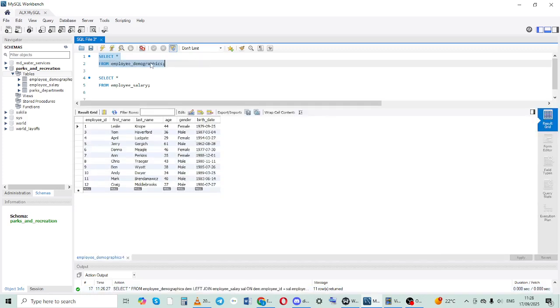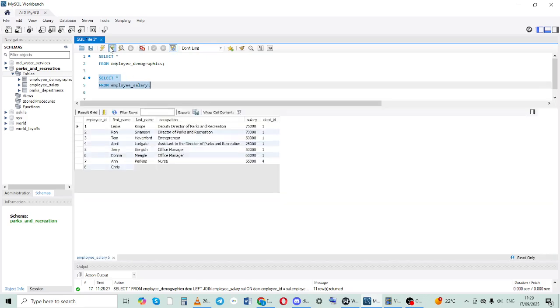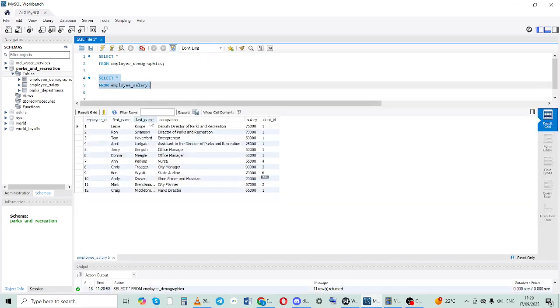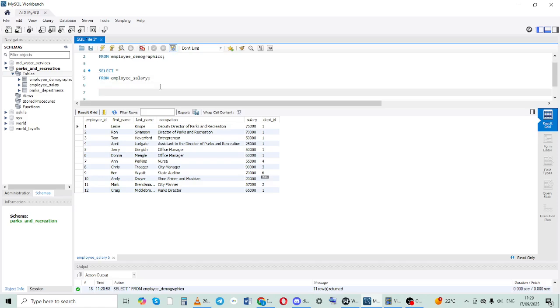The employee demographics table, which has the employee ID, first name, last name, age, gender, and birth date. And also our employee salary table, which when you run it, we see we have the employee ID, first name, last name, occupation, and salary. Now, as you have noticed, the common column between these two tables is the employee ID column. So when it comes to the left join,